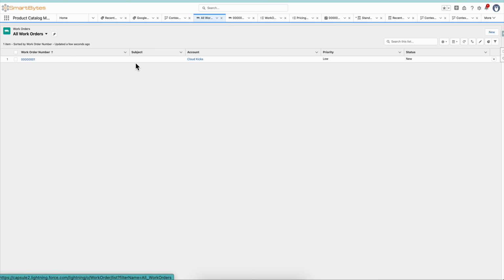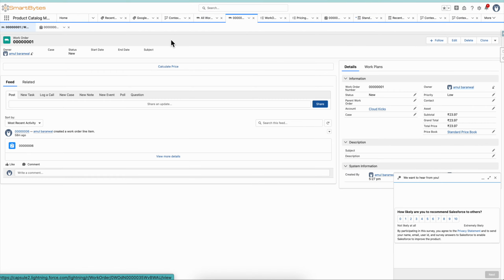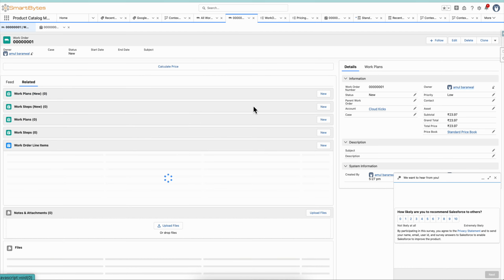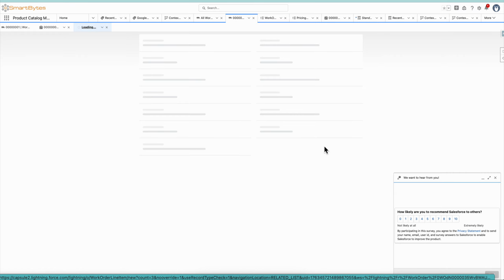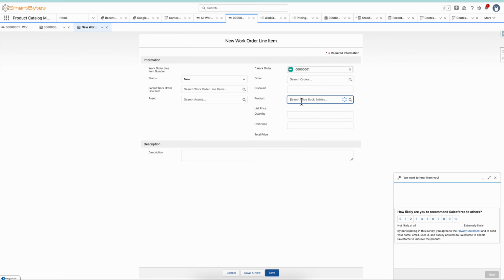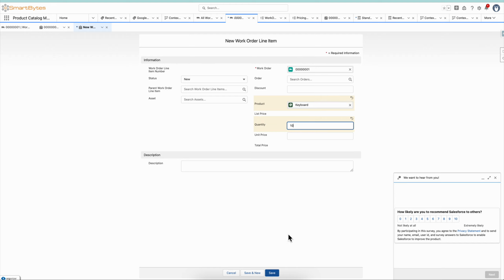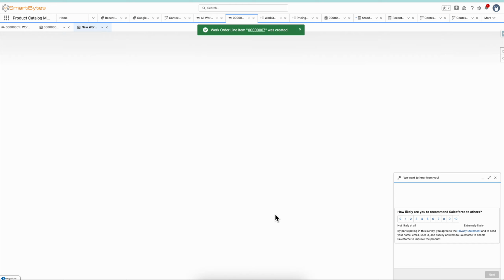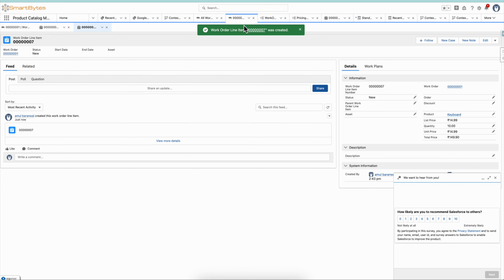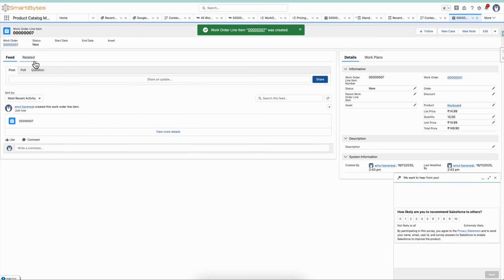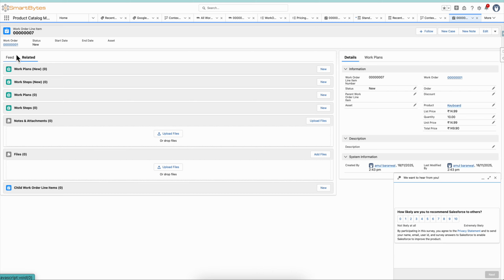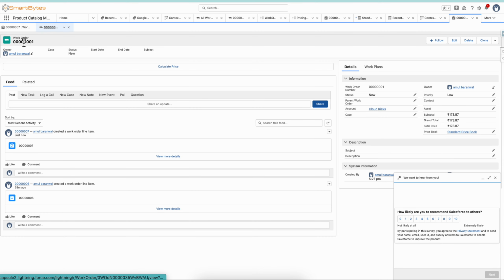So if I open one of my work orders, I have just created this particular work order. Under this work order, I can go to the related items. In that related item, I can add one line item. Let's suppose I'm going to add one line item for a keyboard with a quantity of 10, and then hit the save button. What the system will do is automatically calculate. So I will click on the calculate button here. So if I go to my calculate price options,